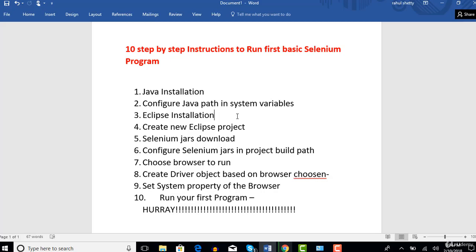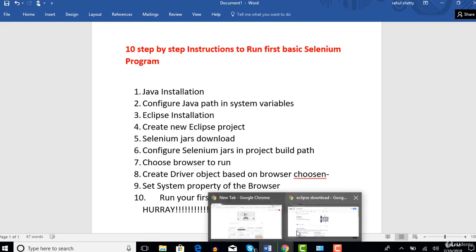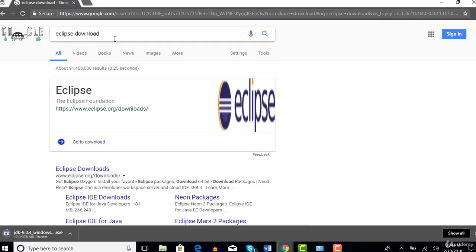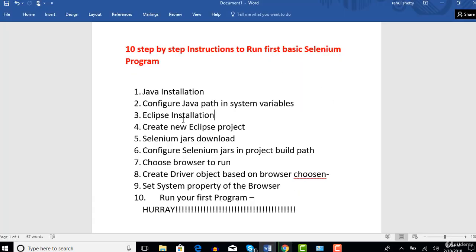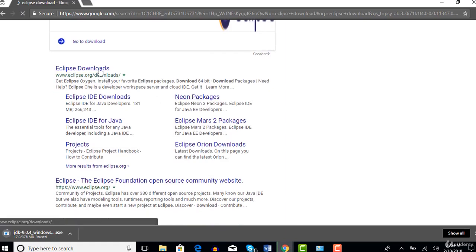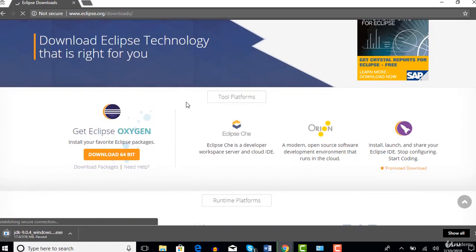So first we need to download Eclipse and then start writing the scripts on that. The dependency of Eclipse is Java. If you don't download and configure Java, you cannot open your Eclipse IDE. That's why for the first step, I started with Java installation. If you try to jump to the third point before doing points number 1 and 2, it doesn't work. Now, let me go to their official website.